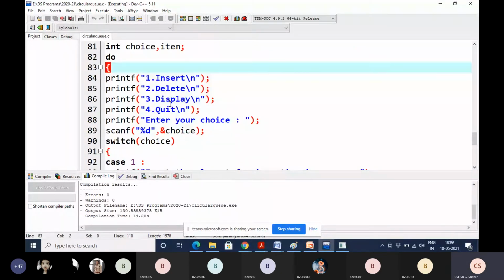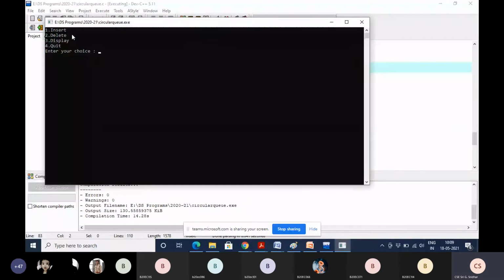First of all, it will display insert, delete, display, quit, and it asks for enter your choice. If you write directly the fourth one, quit, then it exits from the program.